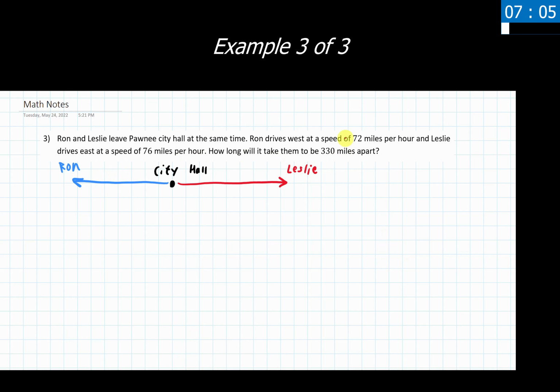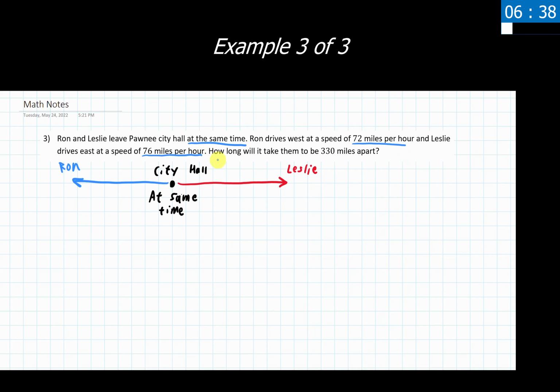Okay, we should put some labels in there. Now we are told that they leave at the same time. That's important for us to notice. That tells us something about time. So let's see, at same time. Write that in there. Okay. Or maybe you're in the boat of underline these things. Let's underline some of the stuff that's important that we've been given. Times, speeds, things like that.